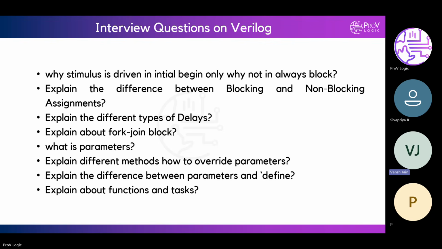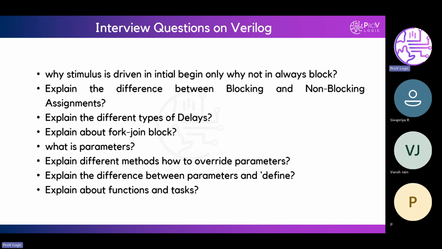We can use a function in synthesis, whereas we can't use a task because it usually contains delay. In a task we have both input and output arguments.